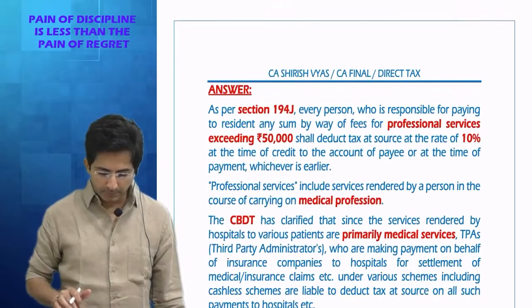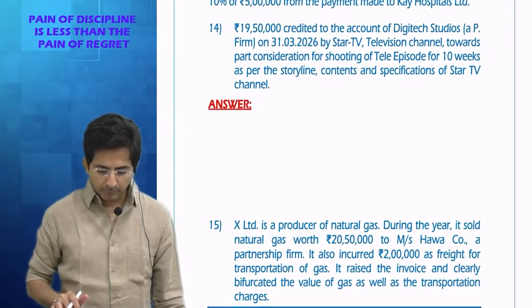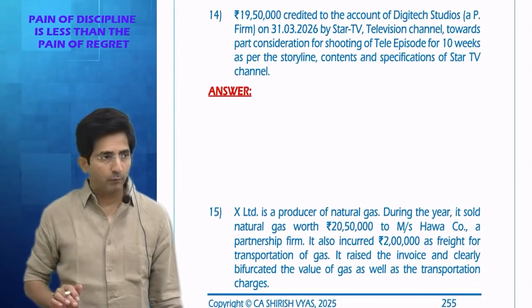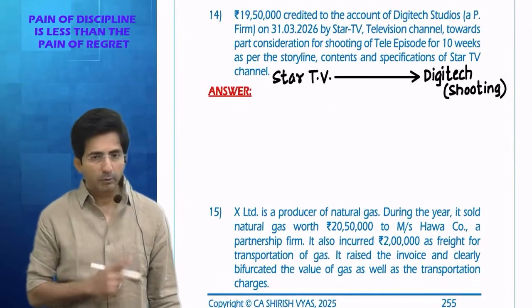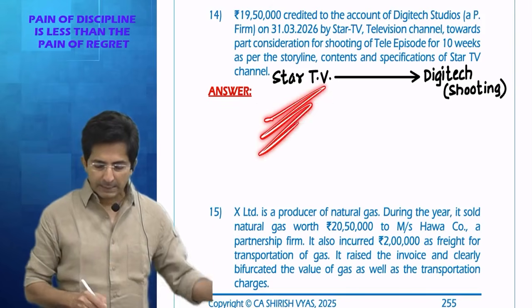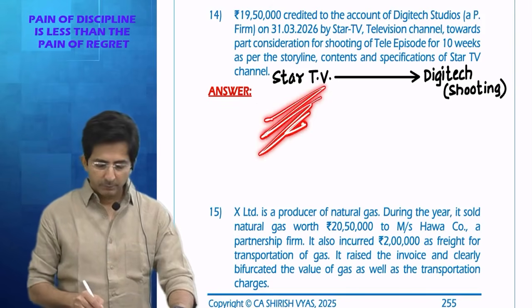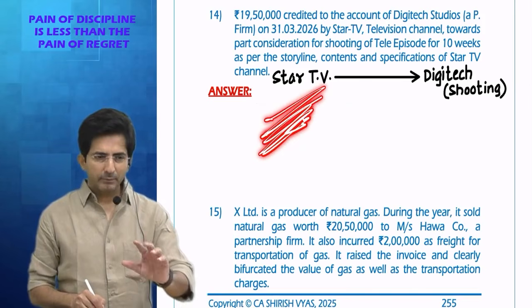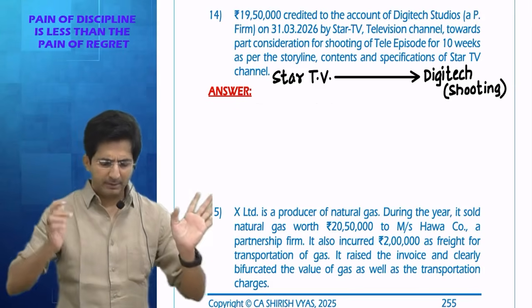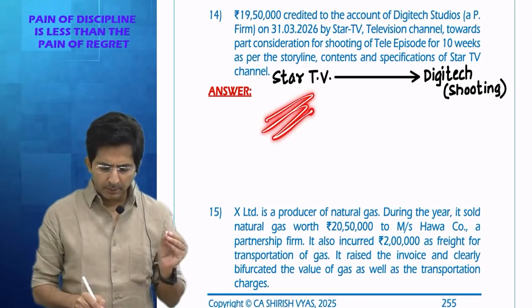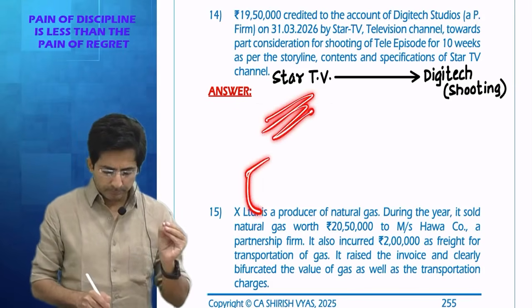Then after question number 13, there was question number 14 in the homework. In question number 14, the story is like this. Look. You know Star TV channel? So Star TV displays some TV serials or episodes, etc. Now, there is one particular episode